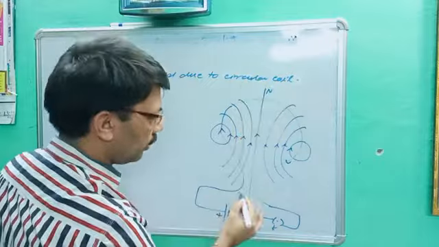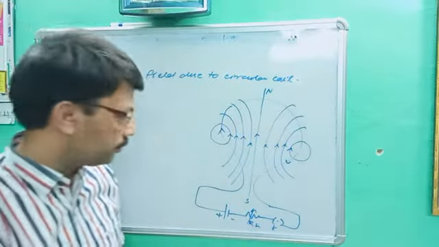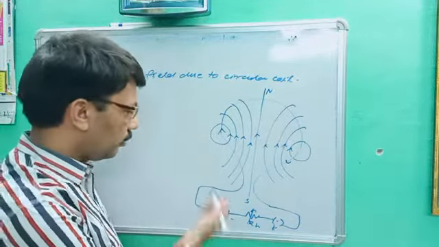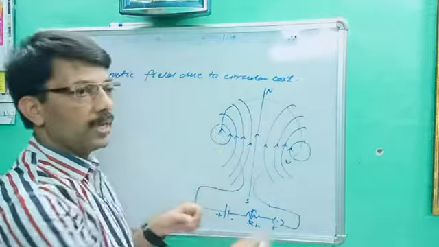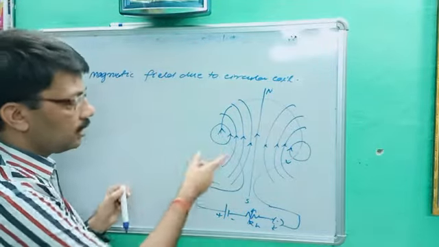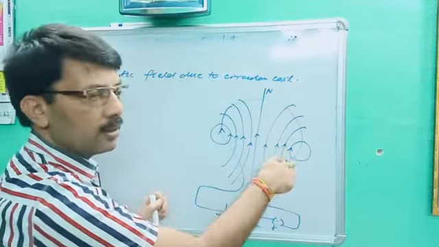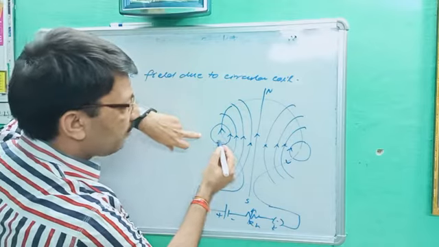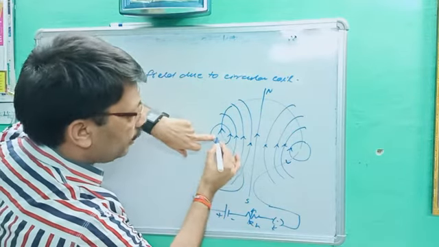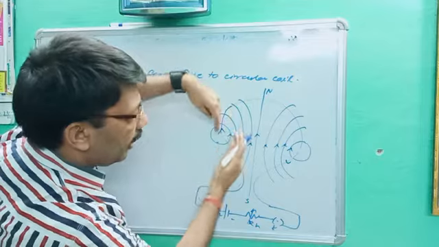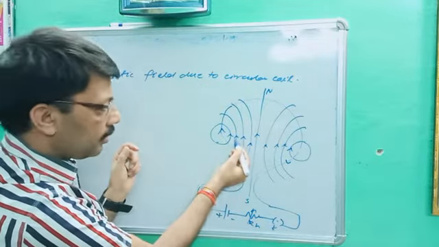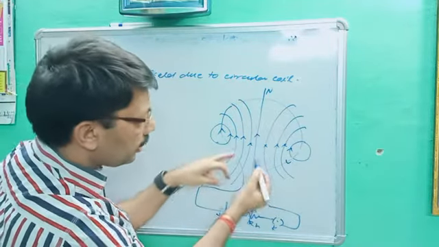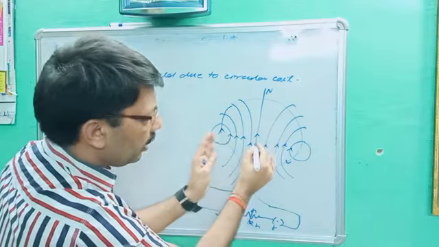This will be called north and this will be called what? South. So see there, when in a circular coil we apply the electric source, current starts flowing from positive to negative. In the first half, magnetic field lines are created anti-clockwise. In the second half, they are created clockwise by the right hand thumb rule. As the lines of force move away from the wire, they become flatter and flatter. Here they are circular, here less circular, much less circular, and we get what? A straight line. In the straight line, both magnetic fields assist each other.